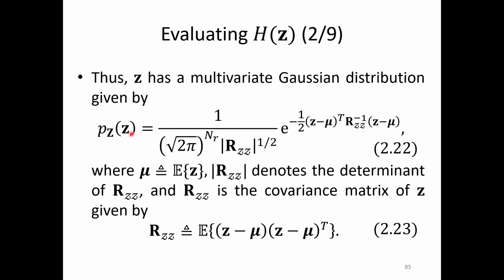Pz of Z, the PDF probability density function of the vector Z, is equal to 1 over the square root of 2 times pi to the power of nr, and the determinant of RZZ, to the power of 1 over 2, and times the exponential minus 1 over 2 times Z minus mu transpose times the inverse of RZZ times Z minus mu, where mu is defined as the expectation of Z, and RZZ is